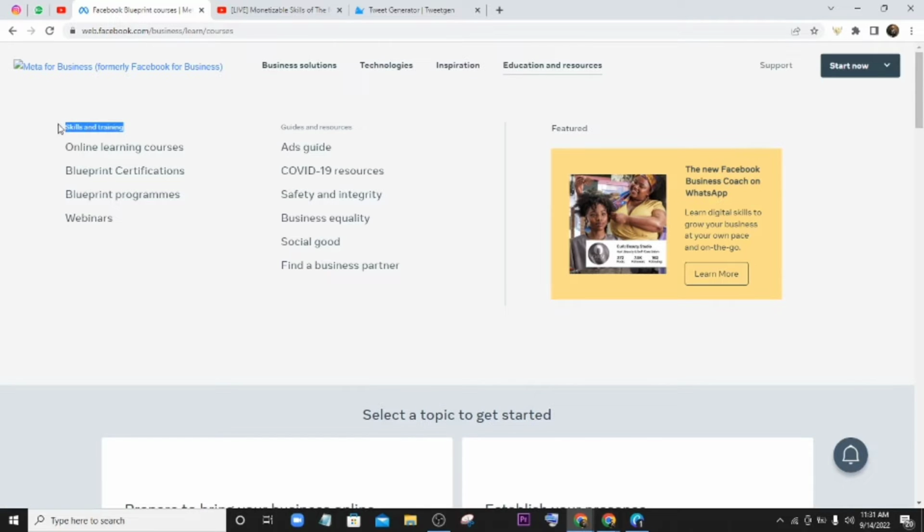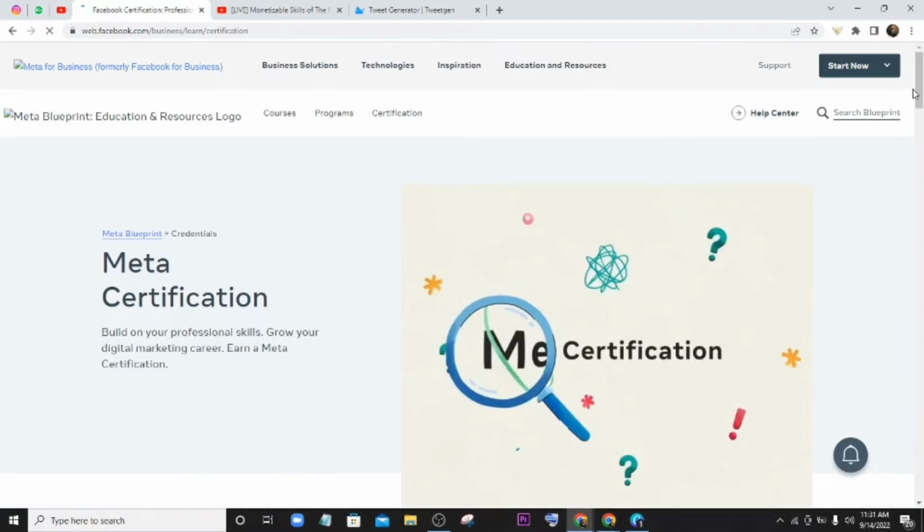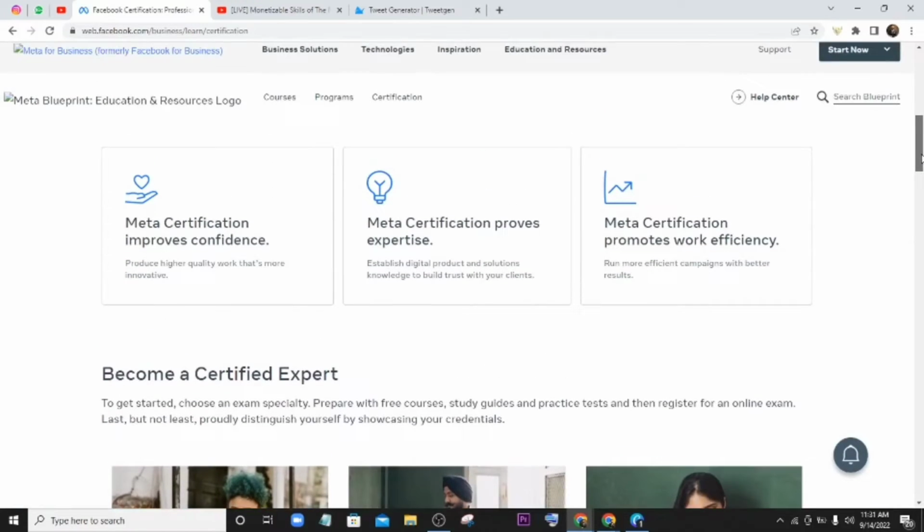All right, so that's one of the things you want to take advantage of, especially if you're looking to get ahead in the digital marketing business. It's good for your portfolio, and it's good for your knowledge set. Okay, and then the other thing you want to know now is that once you have been able to get